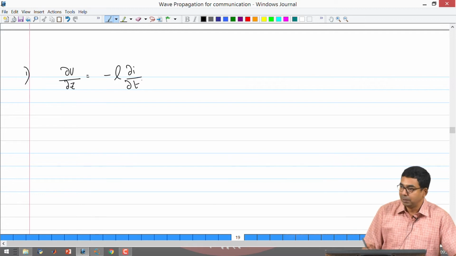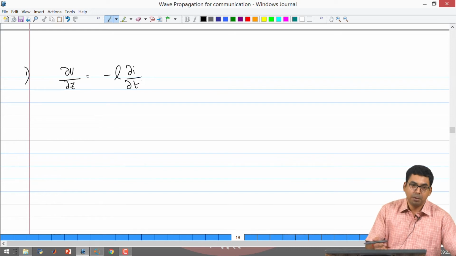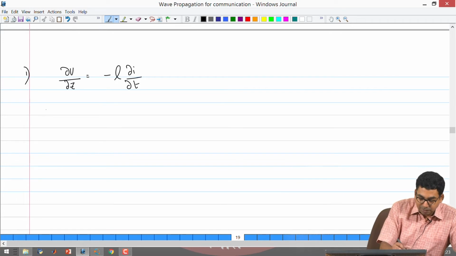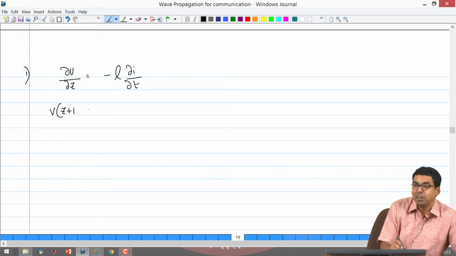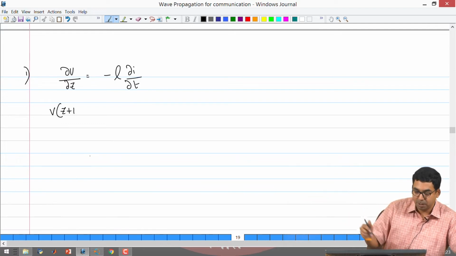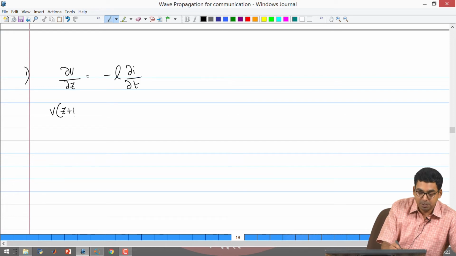Thus far I have been using central difference for all my programs, but I am going to give you some confidence that I am going to be using forward difference, and I am going to be using backward difference to just illustrate that I could use either of them. So I am going to write down the left hand side derivative with respect to space. I am just going to write this as v of z plus 1, or z plus delta z. But since I am going to translate this to a program, I would like to be close to it. I am going to divide the space into units of 1, delta z is going to be 1. So I am just marking it as v of z plus 1.